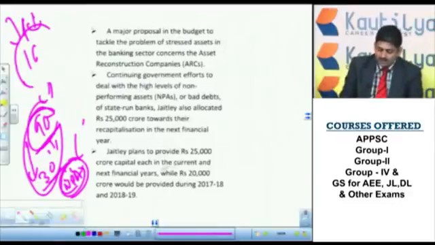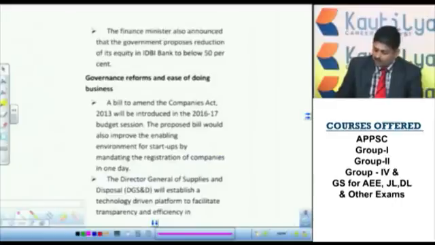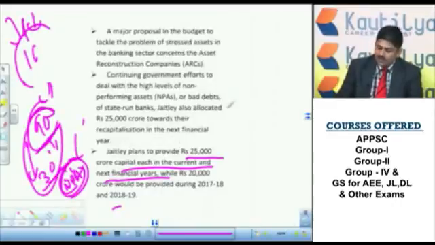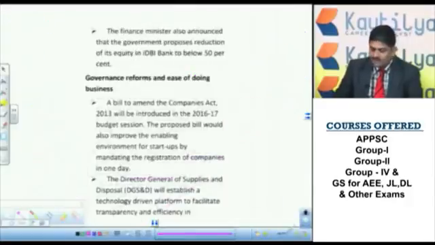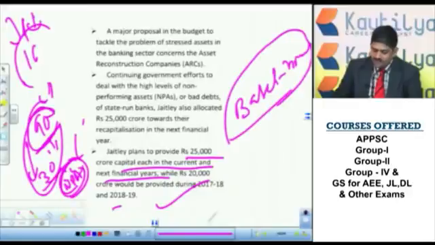Next, rupees 25,000 crore each in the current and next financial years will be provided. Why are they providing this extra amount? In order to meet Basel norms. Basel norms are those norms under which each bank has to show tier 1 and tier 2 capital. That's a different issue. So banks will be provided 25,000 crore capital each in the current and next financial years. This is a very, very important allotment, and you just remember this one also. In the next two financial years, that is 2017-18 and 2018-19, rupees 20,000 crore will be given for capital.